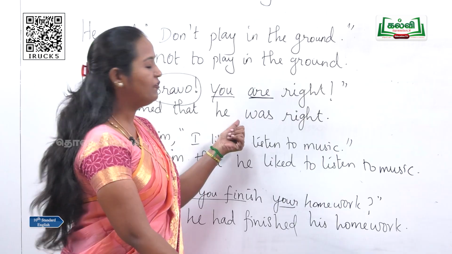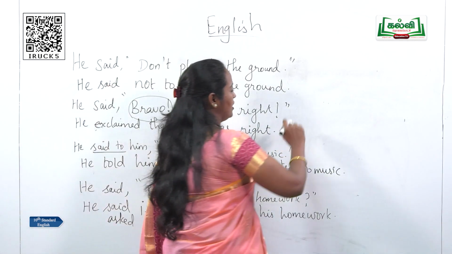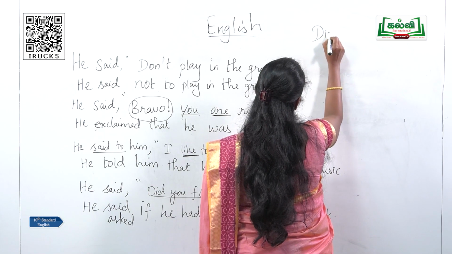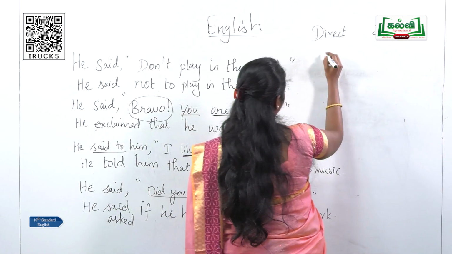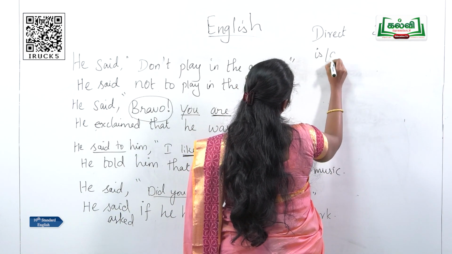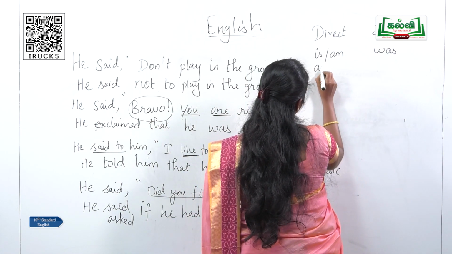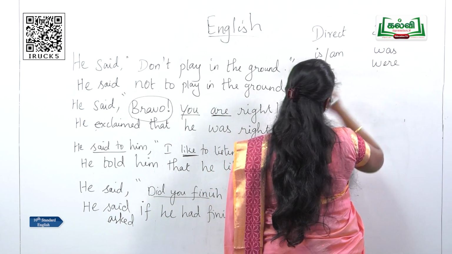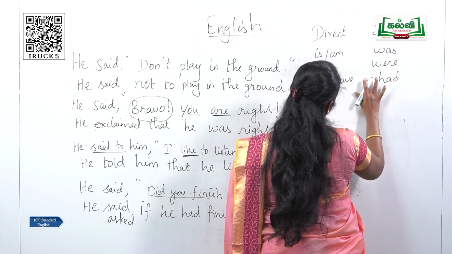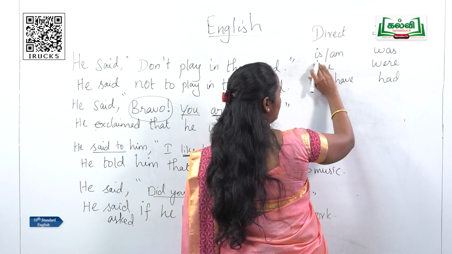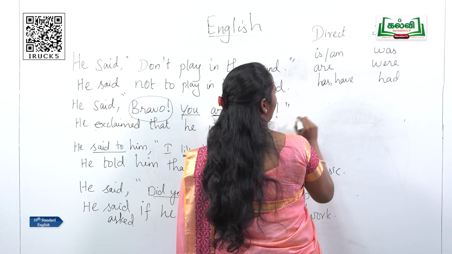Now do you understand, children? If you find it difficult to figure out the tense and what it has to be changed to, I'll give you a chart here. This will help you out. Direct, indirect. Forget about the tense. So if you have is or am, that becomes was. If you have are, that becomes were. If you have has or have, that becomes had. Okay, you don't have to remember present tense into past tense into past perfect tense. So remember these words, remember the verbs, that will help you.